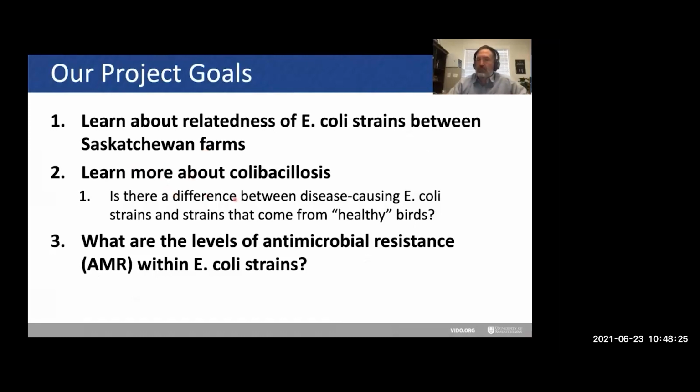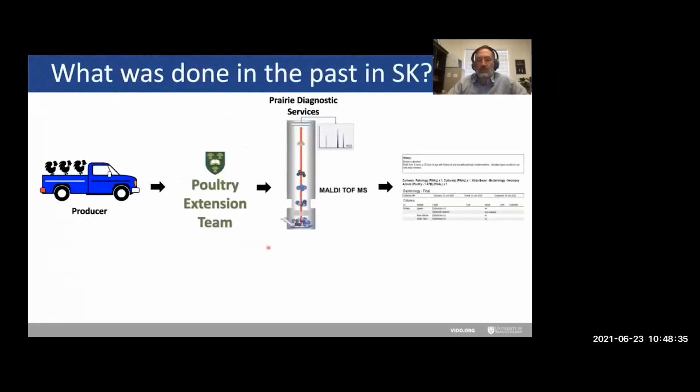Is there a difference between disease-causing E. coli strains and strains that come from healthy birds or from the gut of birds? And what are the levels of antimicrobial resistance within the E. coli strains? And so what was done in the past was producers would bring their dead birds in and interact